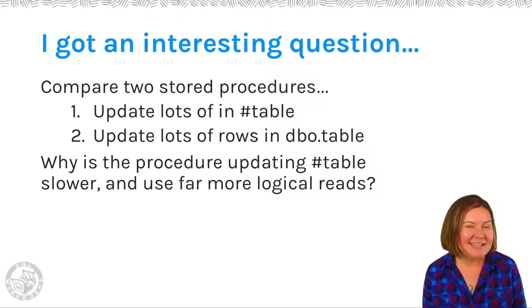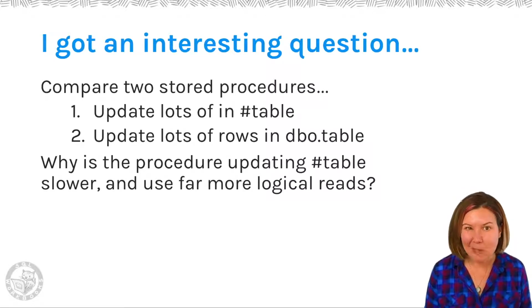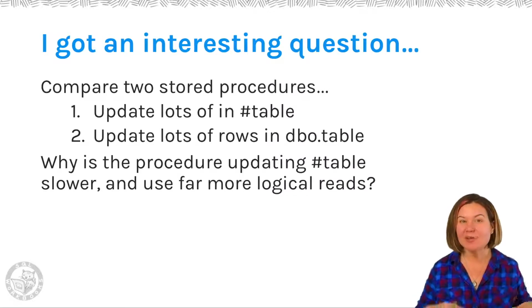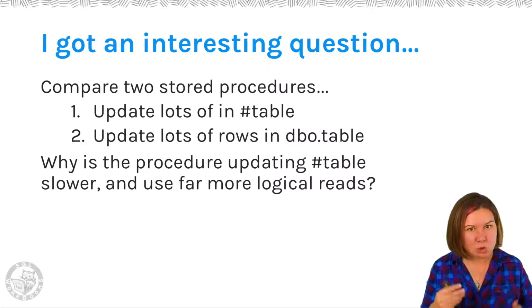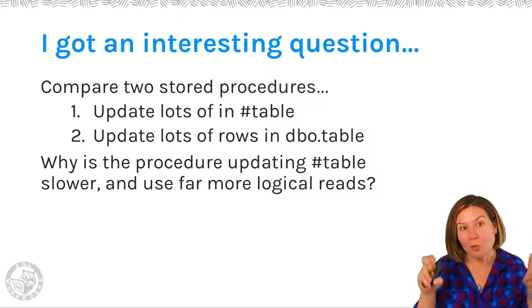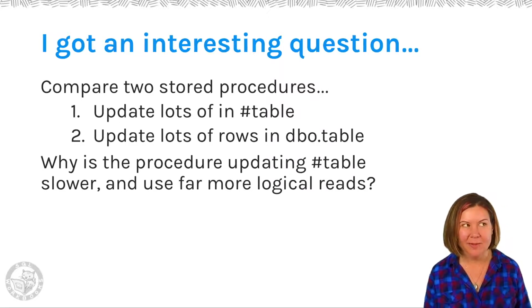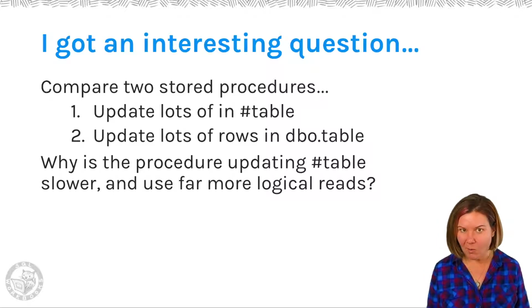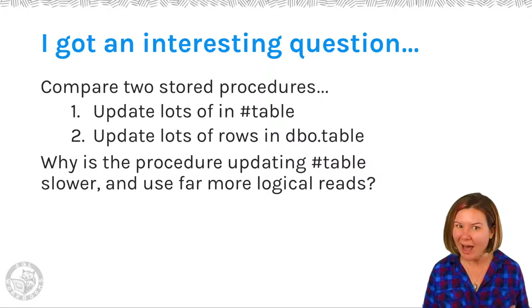readers. They said, we've got some code and we don't understand why it's slow when it uses a temp table. We can take the same code that does updates against a temp table, and if we swap in a, quote, real table, a table in a user database that's not a temp table, it becomes much faster and it uses a lot less I/O. When this code uses a temp table, why is it slower and why is it doing